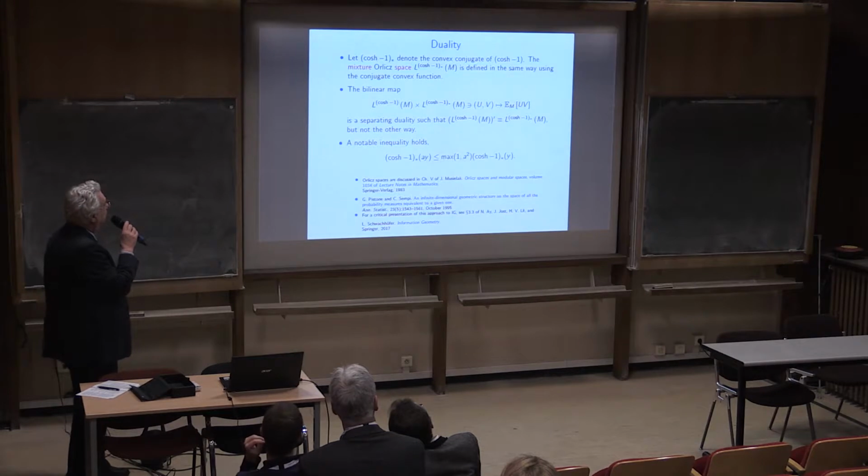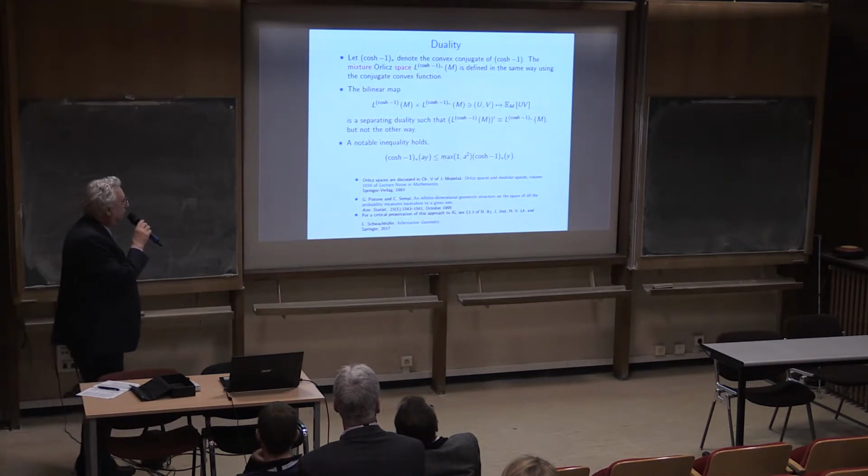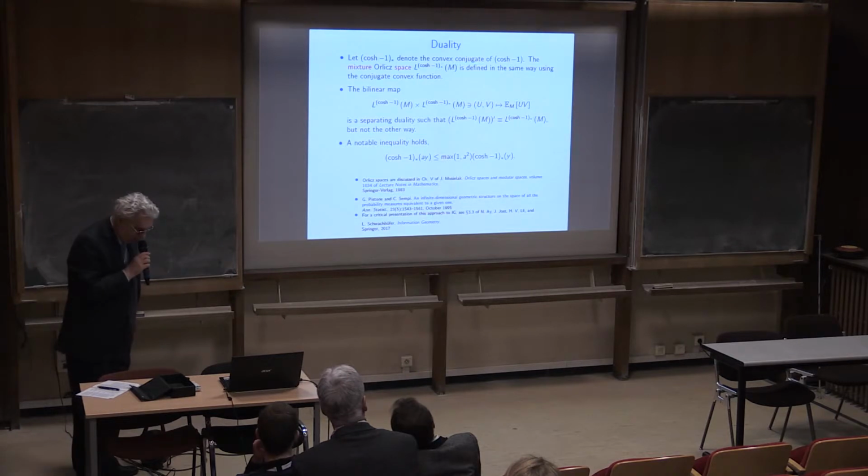So there is a nice duality between this exponential space and what one could call the mixture Orlicz space based on the convex conjugate of the original function. And the two spaces are in separating duality. And the second space, the space on the hyperbolic cosine minus 1 conjugate, is actually of a special type, and there is a domination inequality of the function of alpha y with respect to the function of y. So this is a very classical setup,